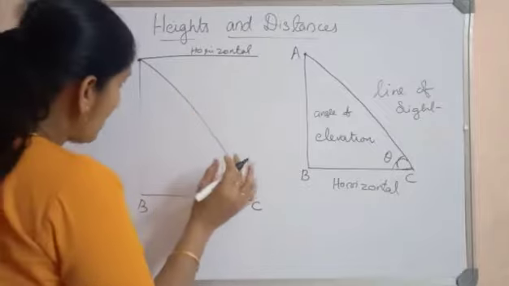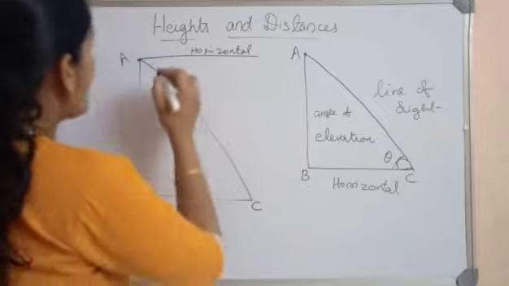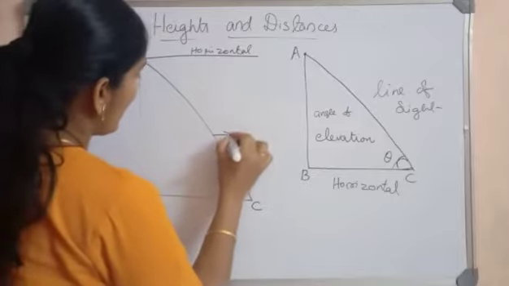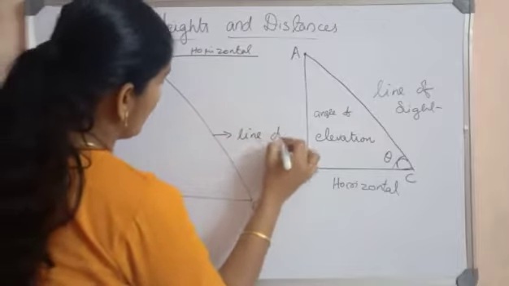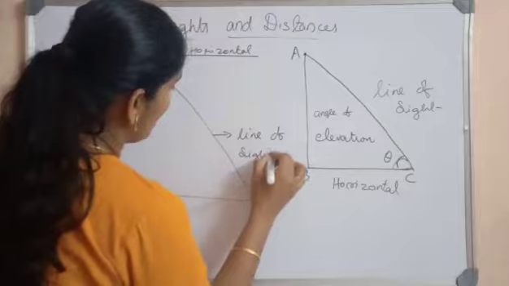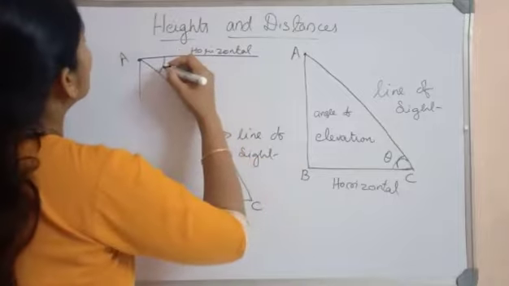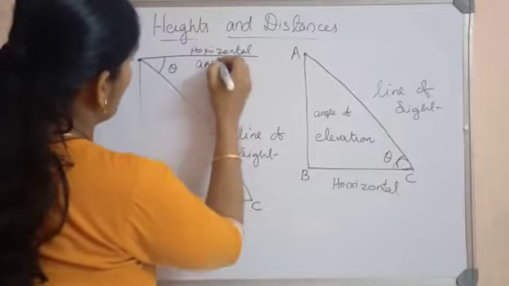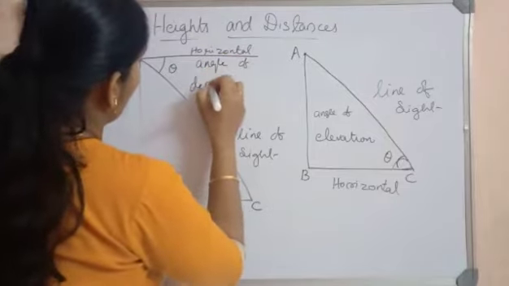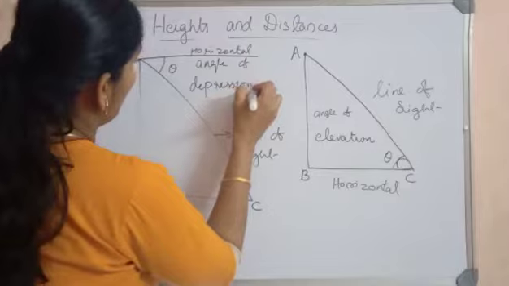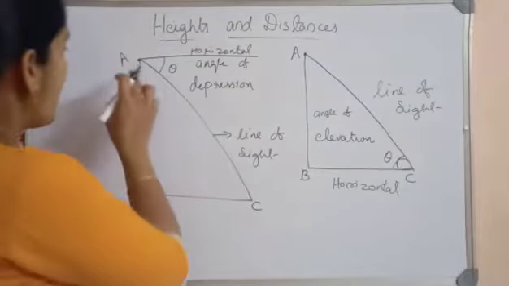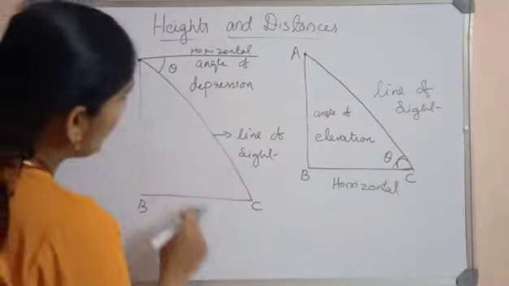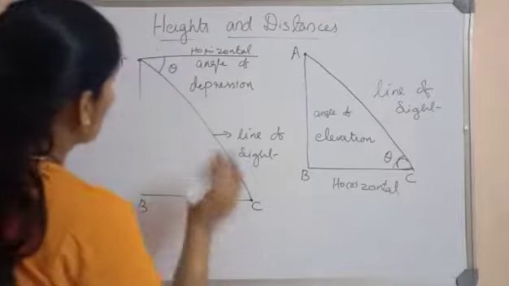Then the angle between the horizontal and the line of sight is called the angle of depression. So if a man standing at a point A and viewing an object at C, then the